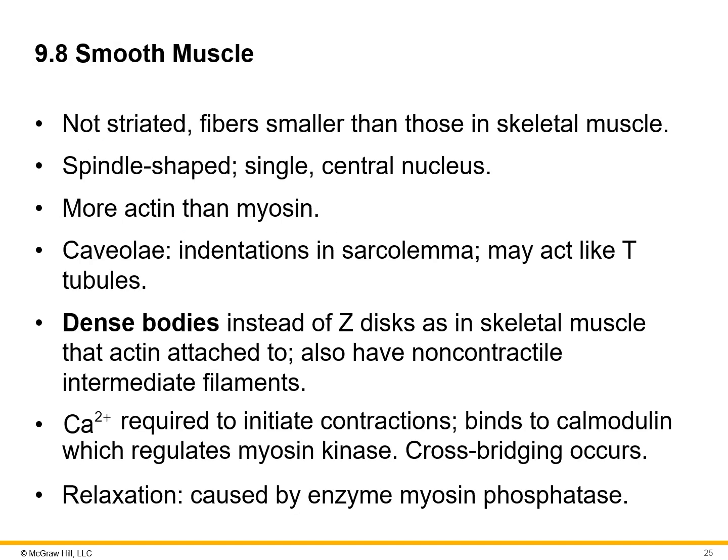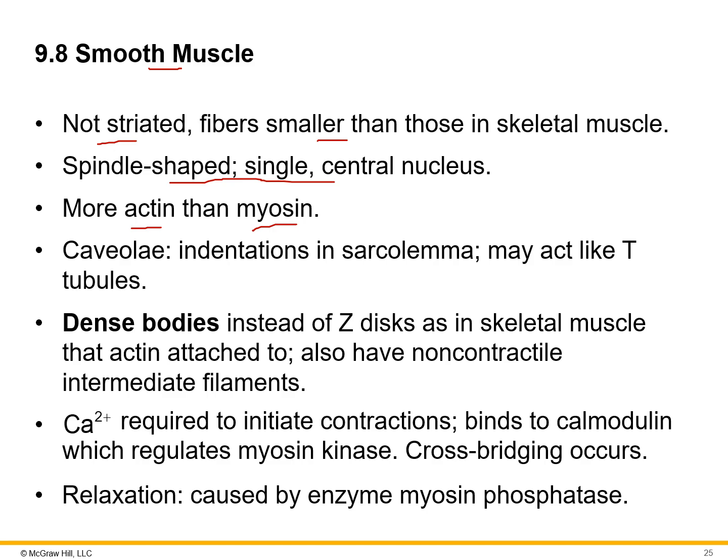All right, now just looking at the other couple tissues. We spent a lot of time talking about skeletal muscles, but just a little bit here to wrap up with our smooth muscles. Again, not striated. These fibers are much smaller than the skeletal muscles. They have that spindle shape with a single nucleus. They do have more actin than myosin,